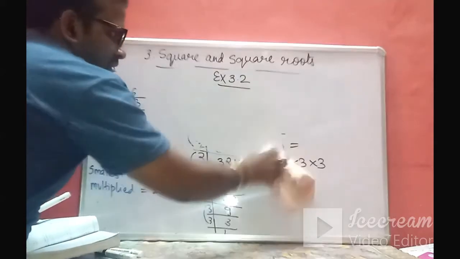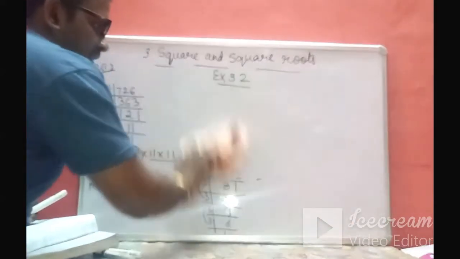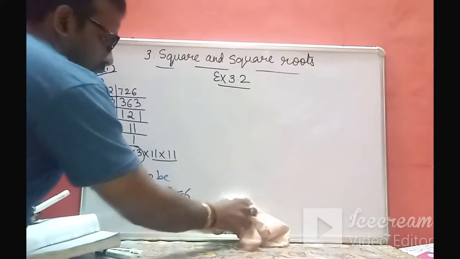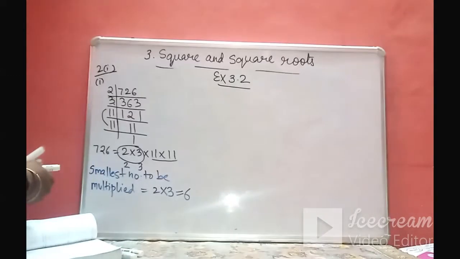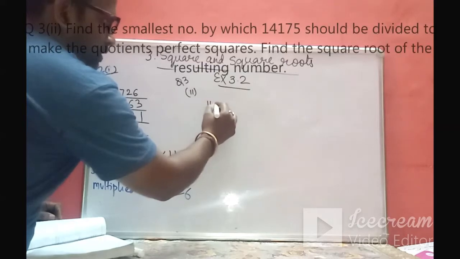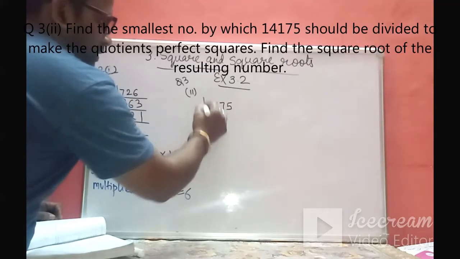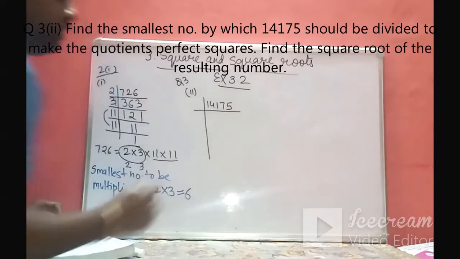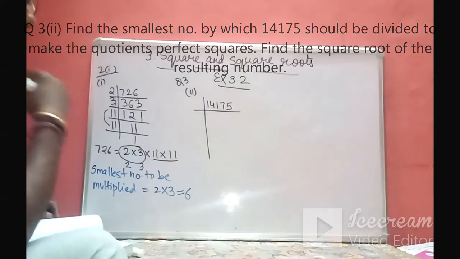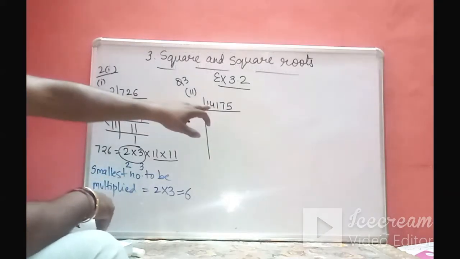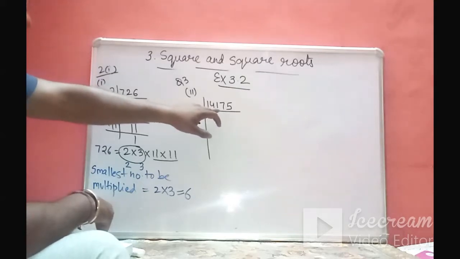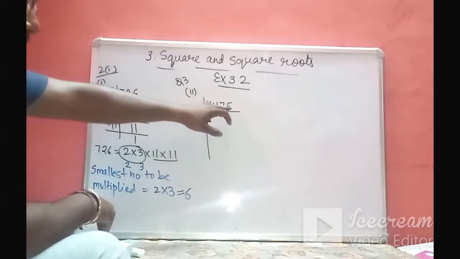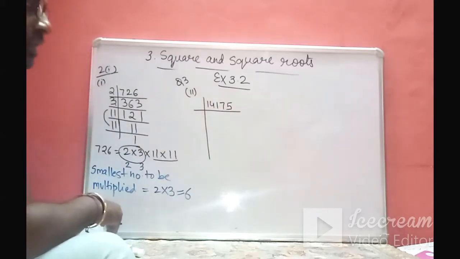In this again we have two parts. So I will solve one part and the second part you will try by yourself. So the number is 14,175. Okay, so let's see. First of all, we will see the divisibility. It is not divisible by 2. And if we want to check by 3, so 1 plus 4 is 5, and 6 and 7 is 13, and 5, 18. Okay, so it is divisible by